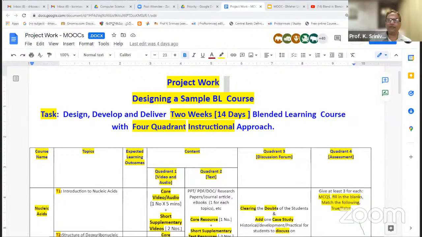Okay, so this course is basically a 2-week course. 2 weeks means 14 days. Just imagine that on Monday and Tuesday, the students are coming to the campus for face-to-face interaction. Wednesday, Thursday, Friday, Saturday, Sunday,